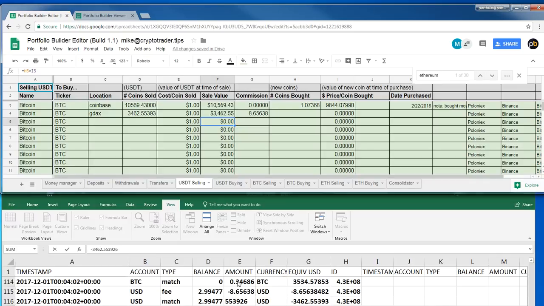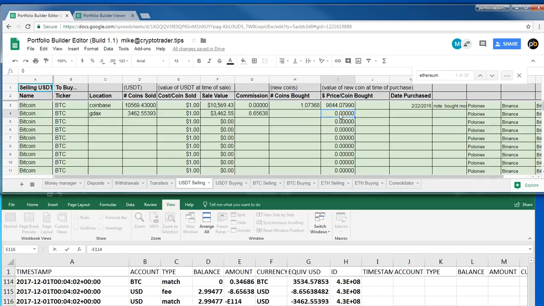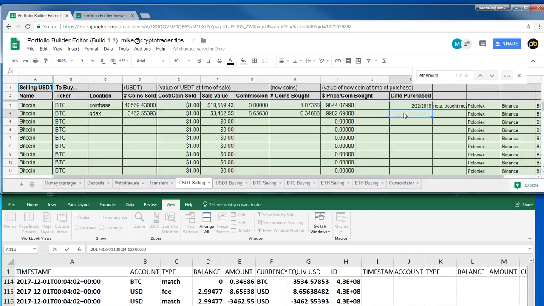The amount of Bitcoin purchased is this. Paste that in. And for the price paid, we just hit equals, select the sale value, divide by coins bought. And for the date, I can grab this date right here, 12/1/2017. To keep the formatting the same, I'll just enter it like that, and voila, now we can go to the